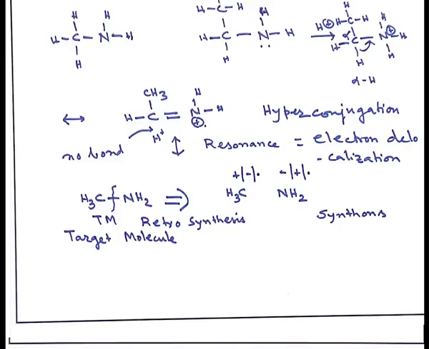So, if I get a methyl radical and amine radical, these are the synthons. If they recombine, then we get the methylamine. Likewise, if I get methyl plus, that is carbocation, and amine minus, they can combine, plus and minus, easily. So, we can get methylamine. If we get methyl minus, then I should have to get the amine plus, and then also it can combine to make methylamine. And there are many other possibilities, like carbon not necessarily will have to be carbanion, carbocation or